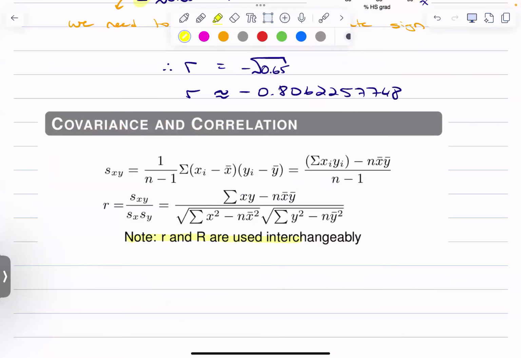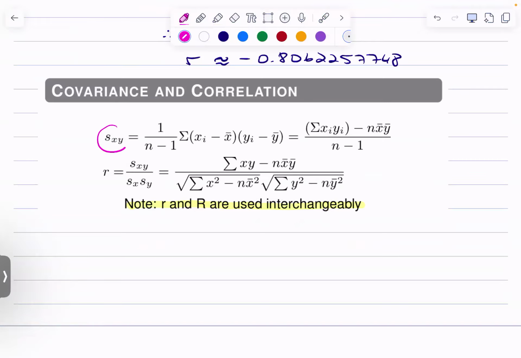It does have a note that capital R and lowercase r are used interchangeably. Now, I've said there are kind of two ways that I could give you the correlation. I guess the third way that I won't make you do on the final exam, but that you should see, just because I can't remember if there's any homework problems that use the covariance, but